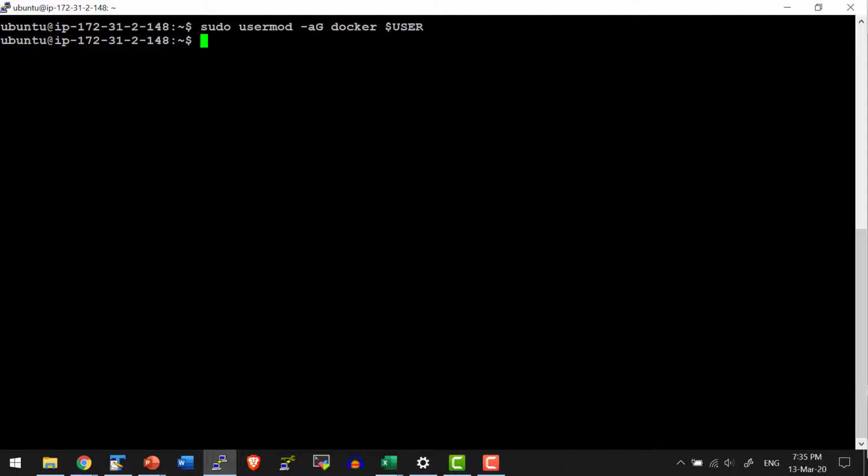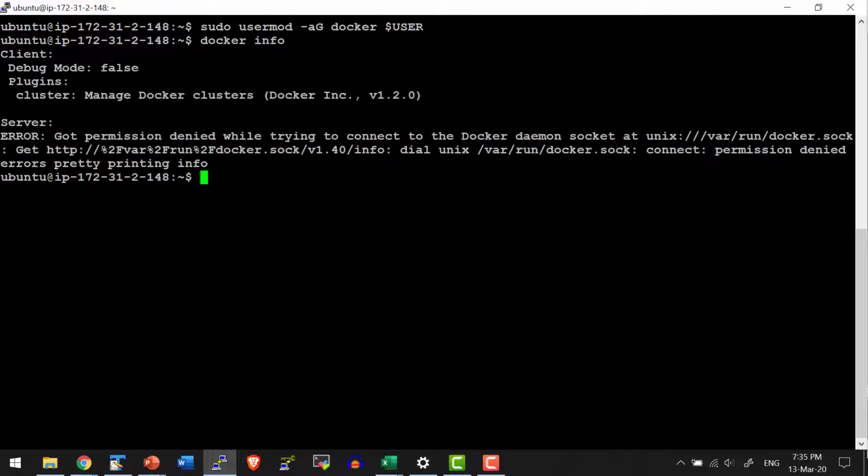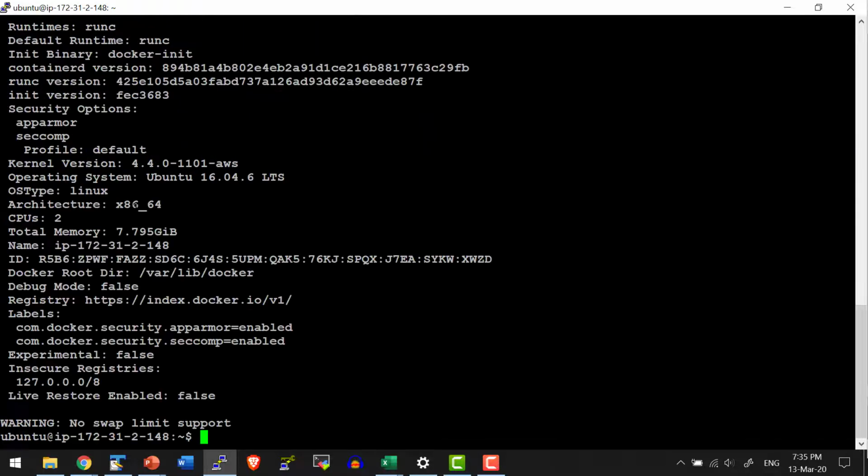Let me go ahead and issue the Docker command and check whether the installation went through fine or not. docker info. Well, it doesn't have the permission. The reason is that after adding the user, we did not restart the system. I can go ahead and issue it using the sudo command or restart this particular instance. Let me show both the options. sudo docker info. Yes, the user is added.